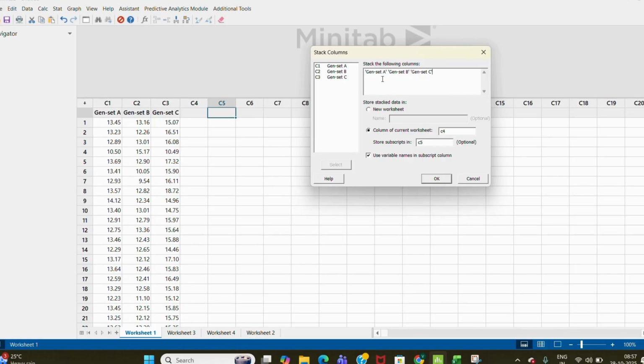So now the stacked data to be saved where? To be saved in a new worksheet or to be saved in the existing worksheet? Let's assume I want it to be saved in the existing worksheet, column of current worksheet, and the name of the column I can give as C5. Okay, now after